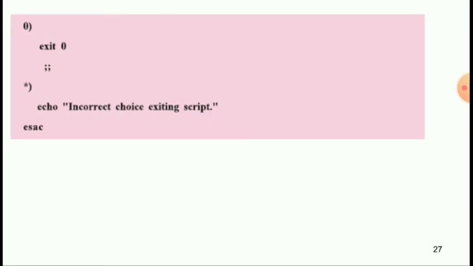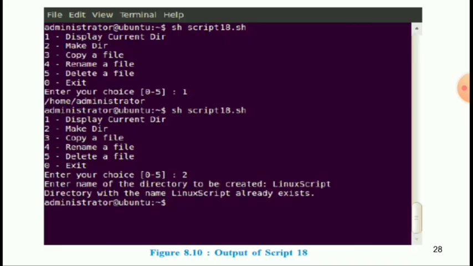Figure 8.10 is the output of the script. sh scripting18.sh. This message will be displayed: 1 display current directory, 2 make directory, 3 copy a file, 4 rename a file, 5 delete a file, and 0 to exit. Enter your choice, 0 to 5.